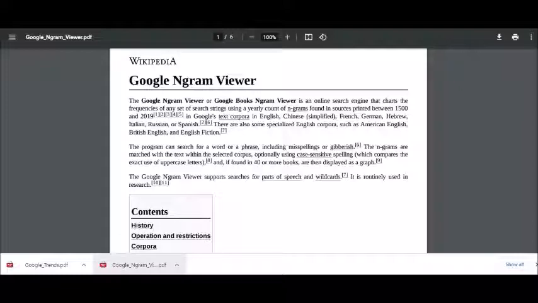So in this particular video walk, I will be going through the Google Books Ngram Viewer, how to use it, and in what manner. It will not be done in one go. I'll be showcasing it a little bit at a time. However, the Google page was the most important one, and I was able to get the introduction to the Google Ngram Viewer through the Wikipedia page itself.